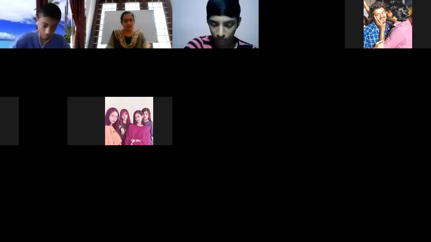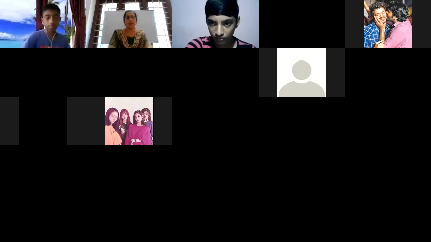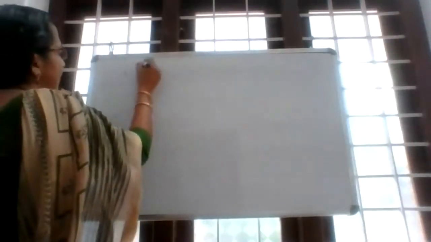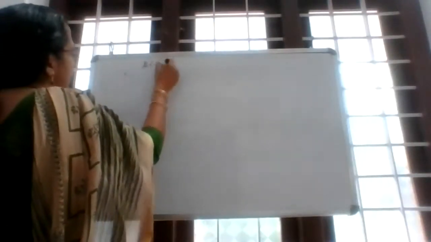Manish opened a recurring deposit account with a Bank of Rajasthan and deposits rupees 600. So, what is that 600? P is equal to 600. So, first one, exercise 2A, first question.